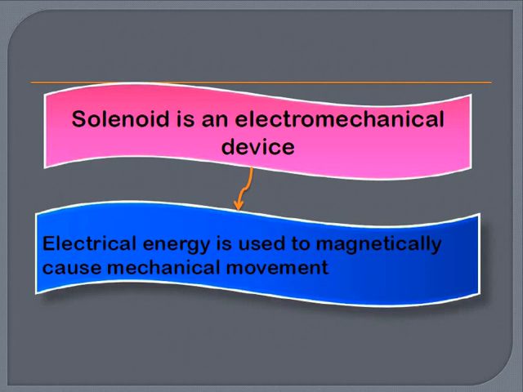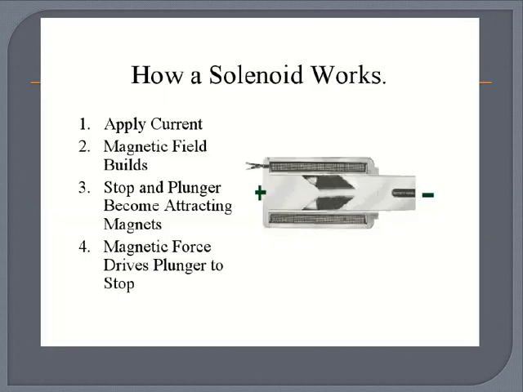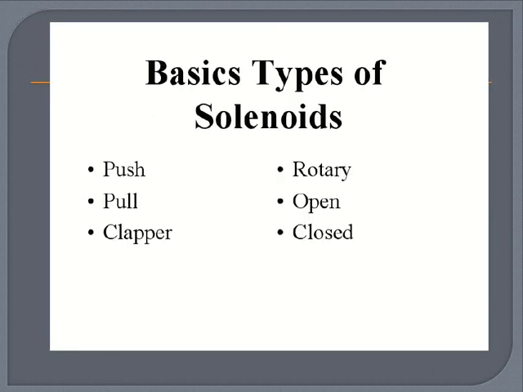A solenoid is an electromechanical device that converts electrical energy into magnetically caused mechanical movement. How does a solenoid work? You apply the current, the magnetic field builds, and the stop and plunger become attracting magnets. The magnetic force drives the plunger to the stop, and that is how it works. There are basically six types of solenoids: push type, pull type,